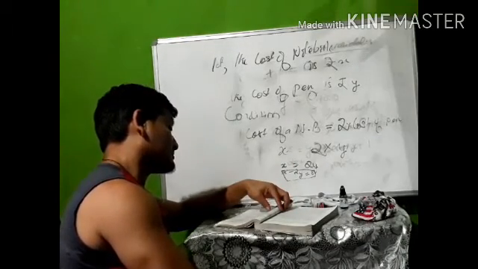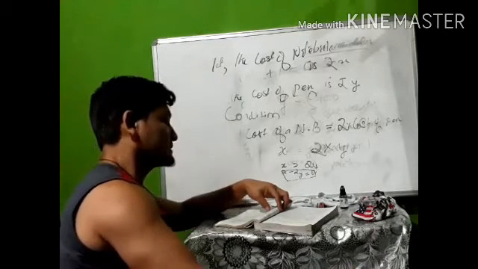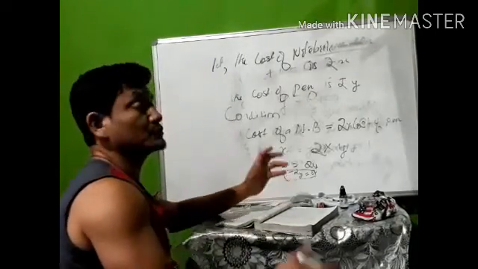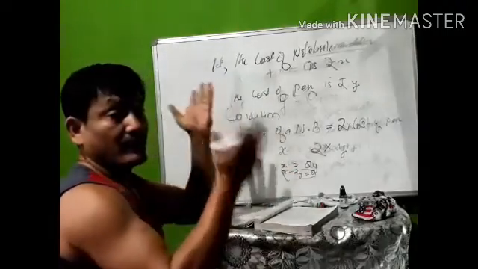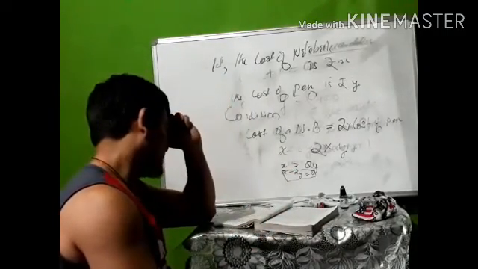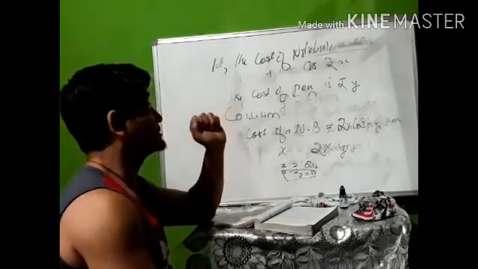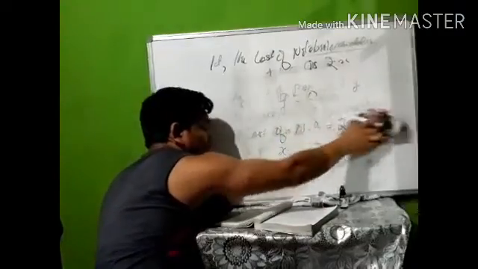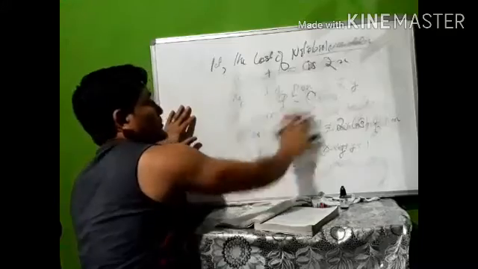Express the following linear equation into the form of ax plus by plus c equals 0. See, linear equation in 2 variables, you always have a standard form, a standard way of writing the linear equation in 2 variables. So how will you write it? I'll just show it on the board. This is the standard form that you need to maintain while writing the linear equation in 2 variables.